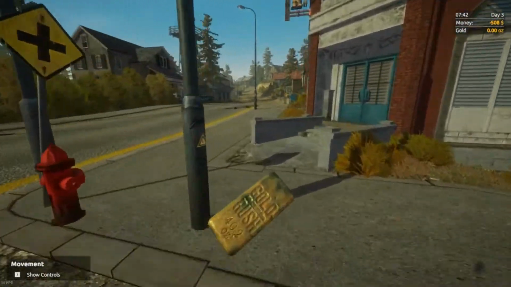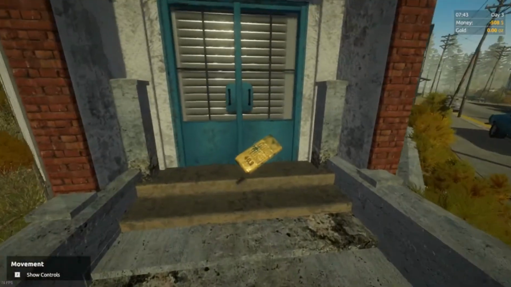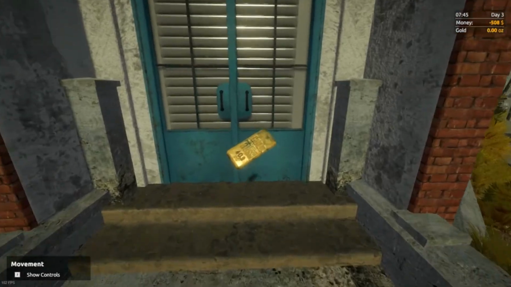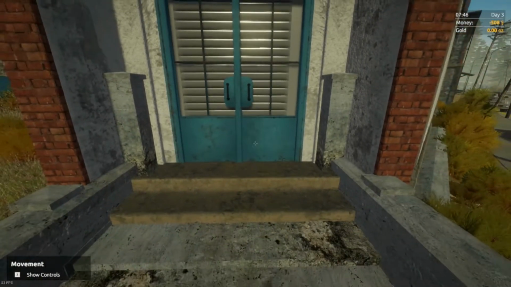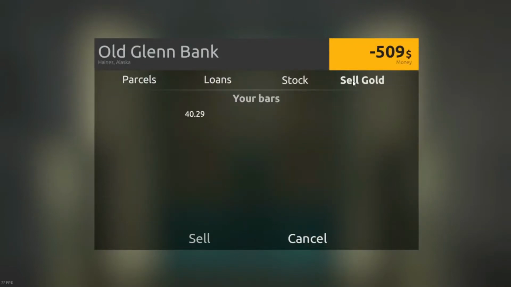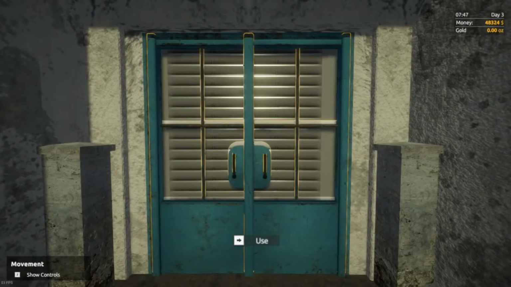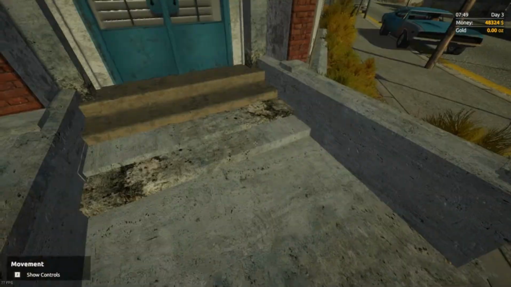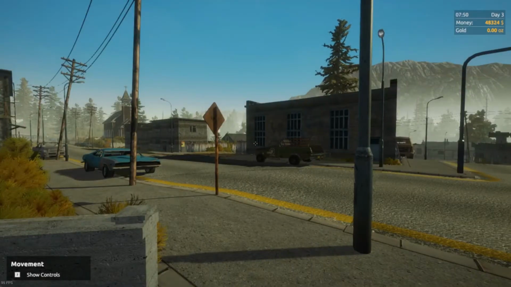Alright, so we'll take our gold, even if you don't have it. If you can't find the bar, if it glitches out, that's fine. Matter of fact, I can't even do anything with it in my hand. So let's drop it. Use it. Sell gold bars. We have 40.29. I want to sell it. And now just hit cancel after you hit sell, and it's gone. I wish there was like a cha-ching or something like that. My gold bar's off the ground. And my money now shows